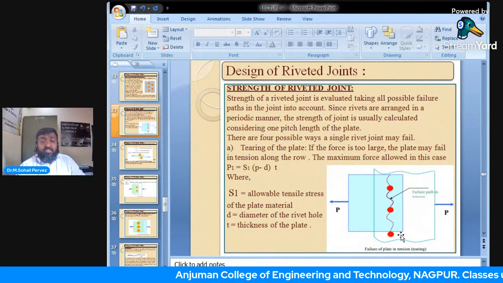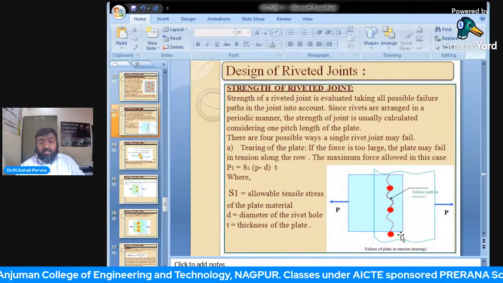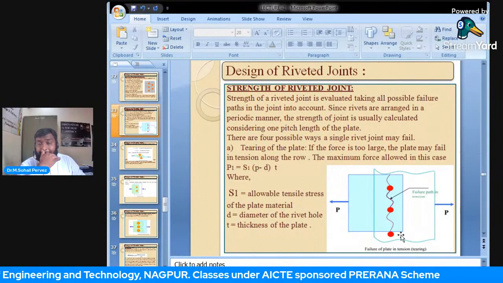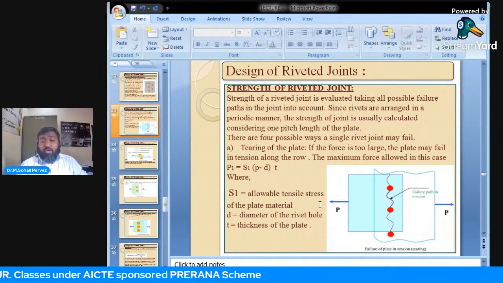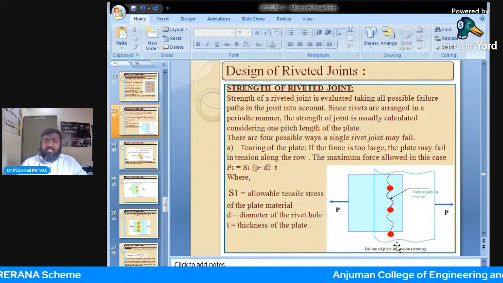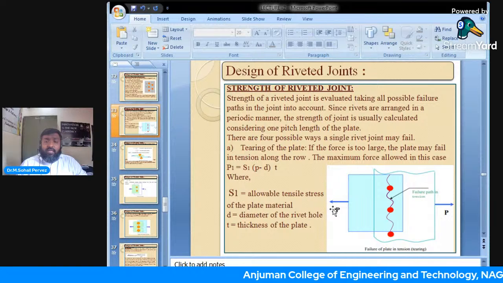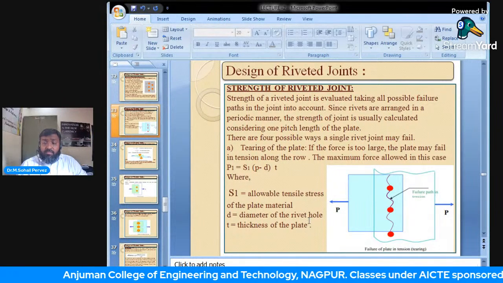Now, how to calculate the strength of riveted joint? A very simple arrangement, and different types will be explained. Okay. Number one, tearing of plates. Just imagine a tensile load is applied. Okay, this is applied in this fashion, P,